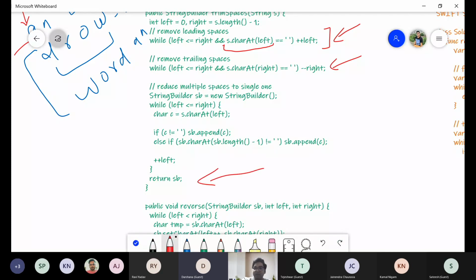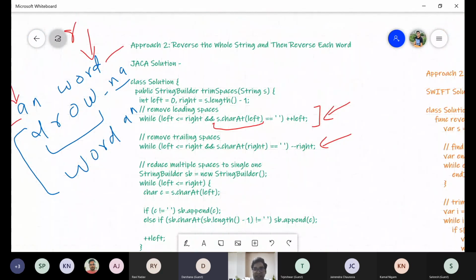If you see this complete method, this is the trim spaces method. It takes an input as a string and returns one string. So the output will be the normal string which we were expecting, without multiple spaces, without leading spaces, without trailing spaces. So we wrote a function trim spaces which takes care of the spacing problem.